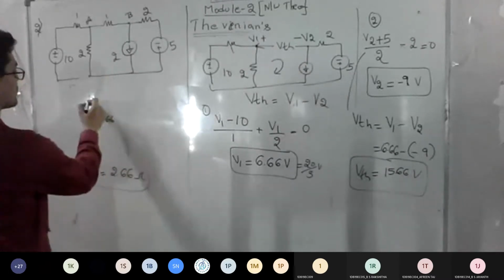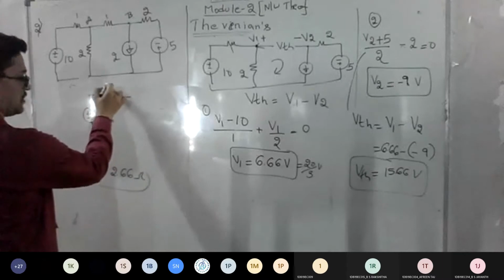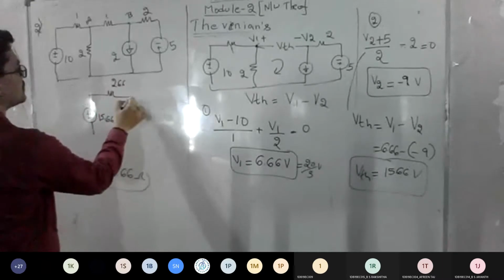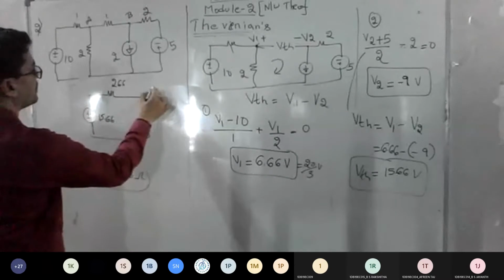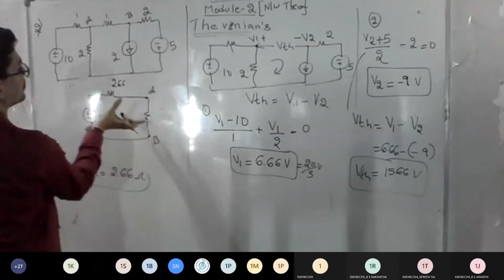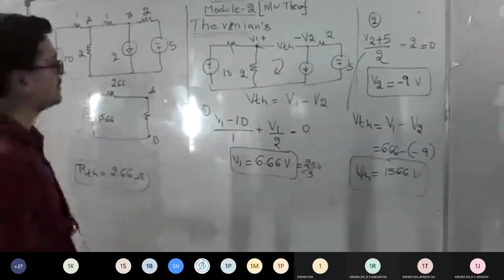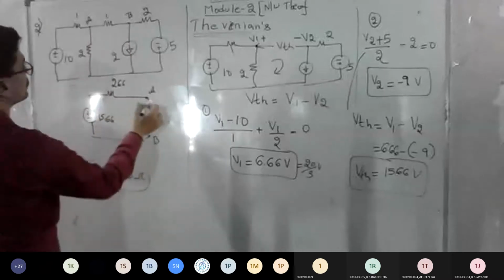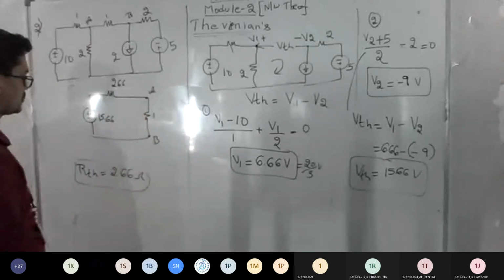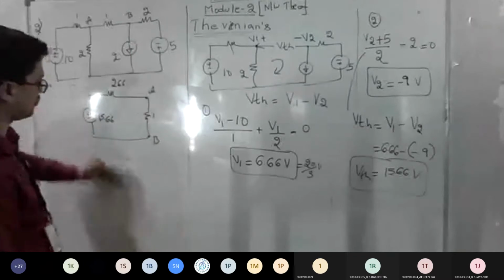Okay. So equivalent resistor, how much did you get? 2.66. Then the load. I think the load was given here like AB. Even if you rotate it like this, both are the same. So the load terminal, either you can write it this way or that way, it's fine. Its value is 1. So check what the answer is for load current.